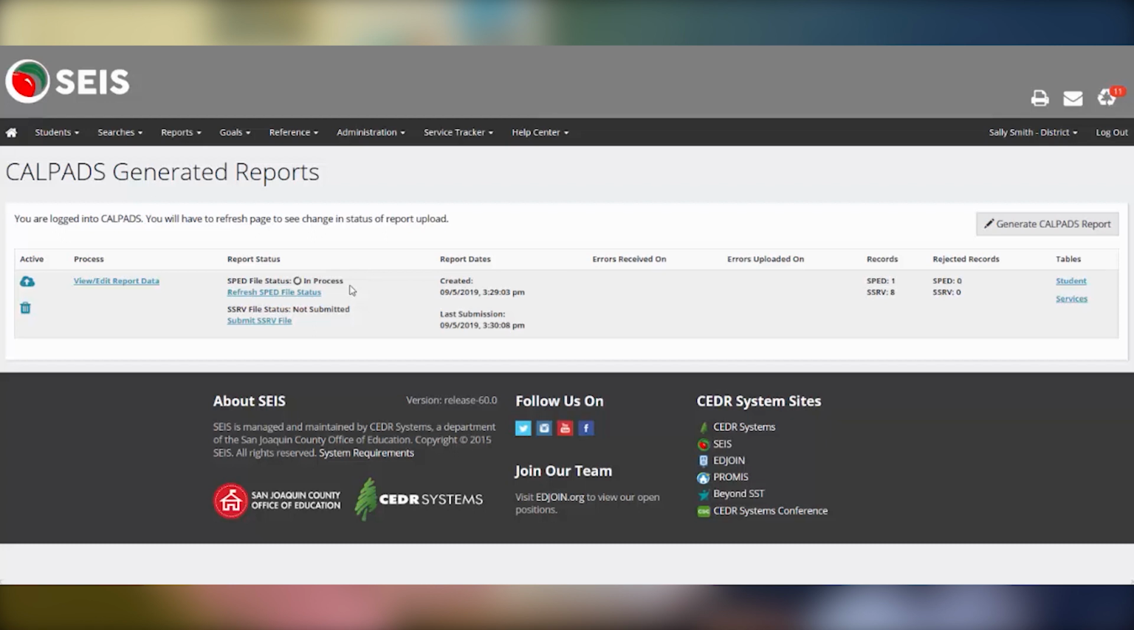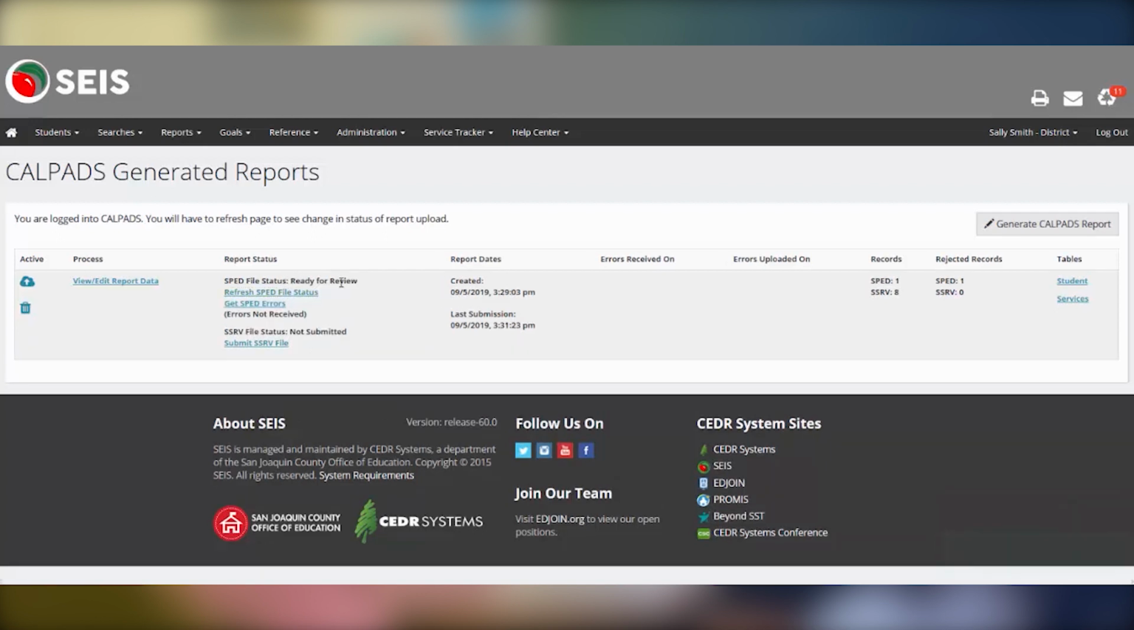Depending on how many transactions were in the report or how many reports are being submitted to CALPADS at once, can determine how long it will take your file to process. Continue to click the Refresh link to refresh the status of the report. Status has changed to Ready for Review, and now you can view your SPED errors. Click on the Get SPED Errors link,